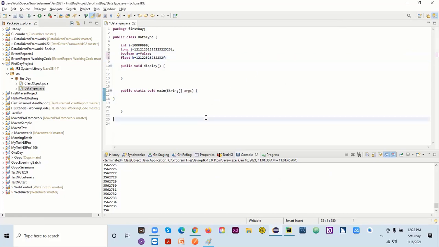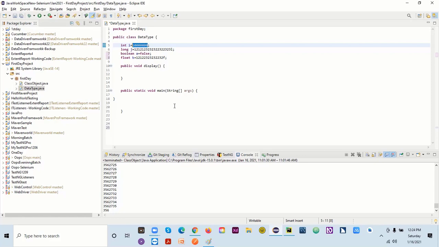When you write a program, you will definitely know, let's say you are dealing with an amount, or you want to deal with a population. It will be a big amount, right? You have lots of numbers there. So you have to consider that if you really want to work with a very limited number, then you have to use integer. And if you really want to work with a very long number, then you have to use long as a data type. So integer is for small numbers. Suppose you only have to handle 1,000, 10,000, or 1 lakh or 10 lakh of data, then you can use integer.